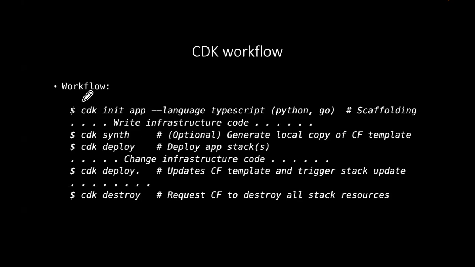In terms of you, what do you do from the command line to get things going? So the first command is just the CDK init command. So you want to create a blank CDK application. You do have to tell it which particular language you're going to use. Now that command will essentially scaffold a shell CDK application, and we'll look at the structure of that in a second. Then we actually write our infrastructure code.